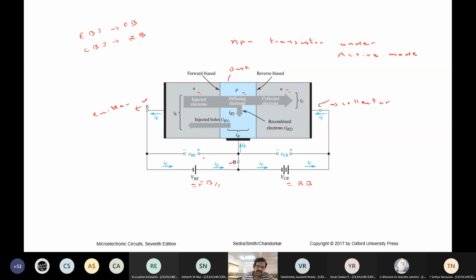So under this biasing, what is going to happen? For that, to begin with, let us recall these facts. N region will have electrons as the majority carrier. About the minority carrier and the action of the minority carrier due to drift, we will see that action at a later stage. Today's class only talks about the majority carrier. N region has electrons as the majority carrier, and P region has holes as the majority carrier.